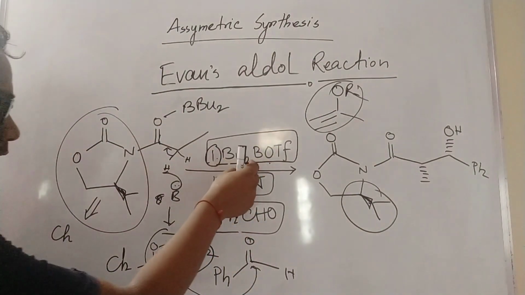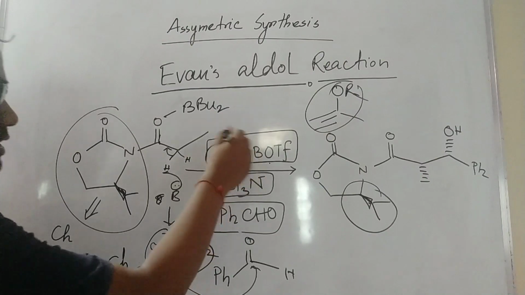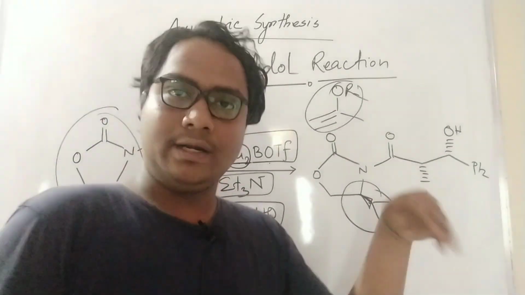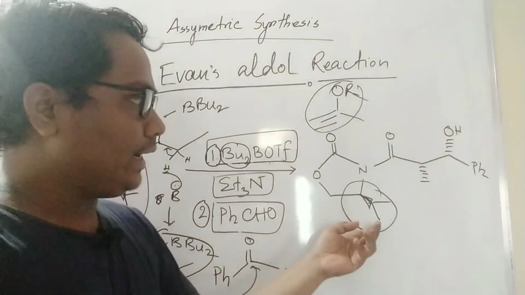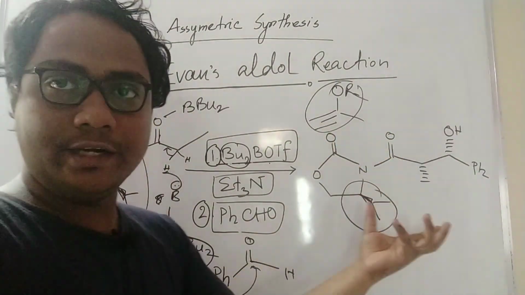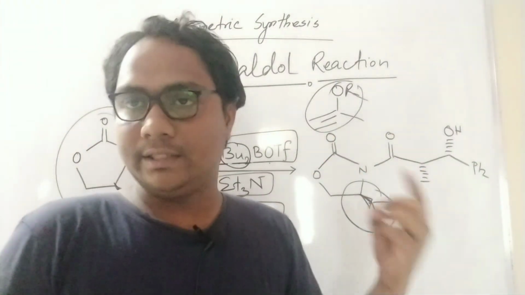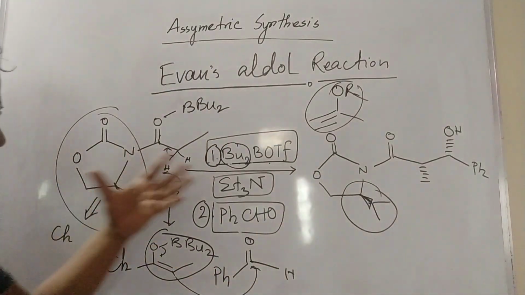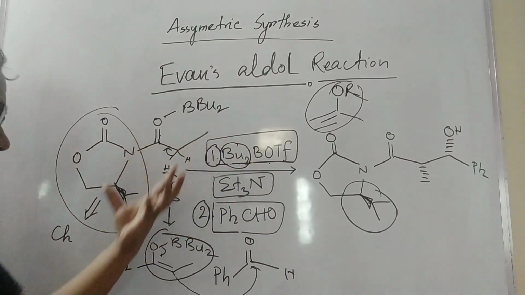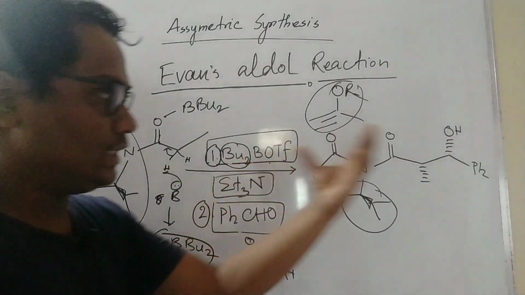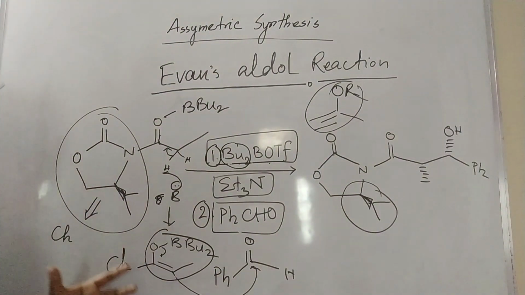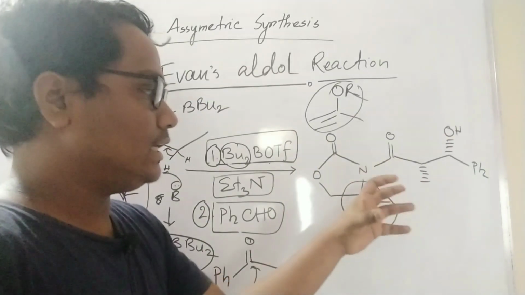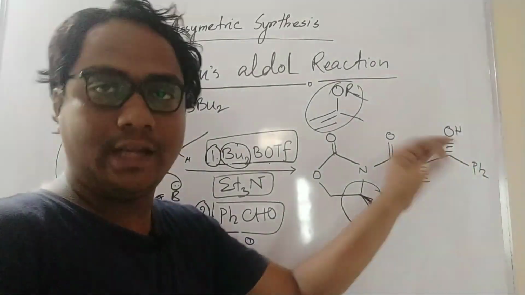So here, this type of boron, tert-butyl, every time will form the cis enolate, and the resulting product will be cis, because of the stability of this enolate. But what type of enolate will form? Those are the two important things you have to remember. Again, I will repeat: this base and this type of protecting group form the cis enolate, and the resulting product would be cis. And this oxazoline ring's R group is sterically up, so in the transition state it will give the down product. So cis and down.